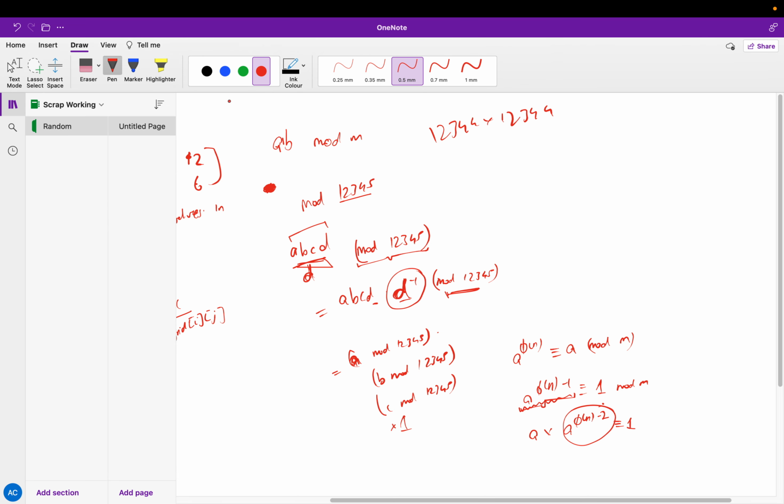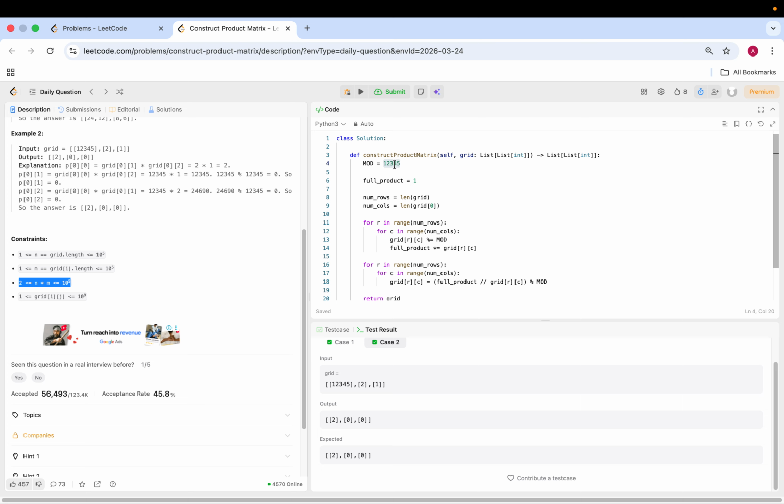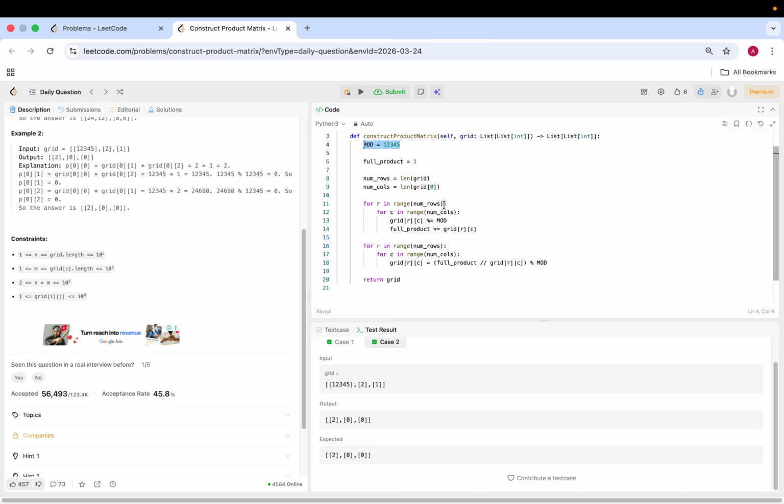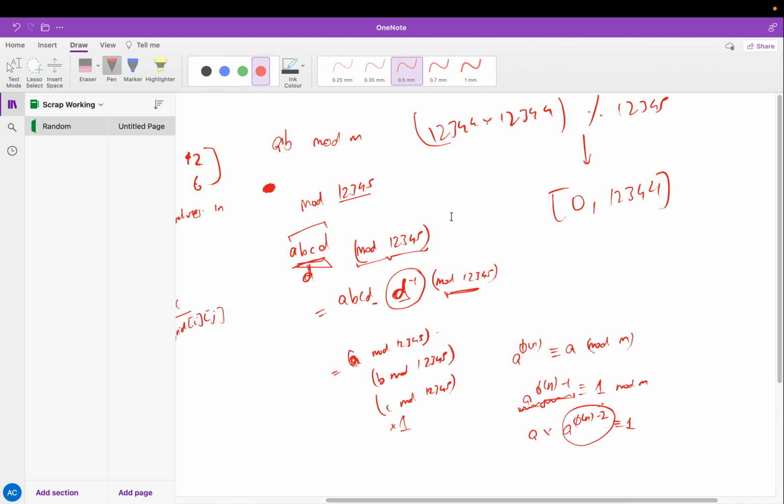And then you mod it with 1, 2, 3, 4, 5, and that brings you back down to something between 0 and 1, 2, 3, 4, 4. So you never have to deal with integer overflow, basically. So I think this is the right idea. So reduce it down, and maybe